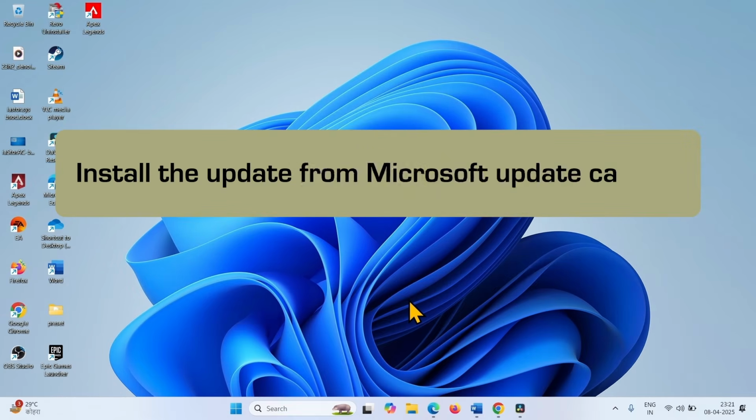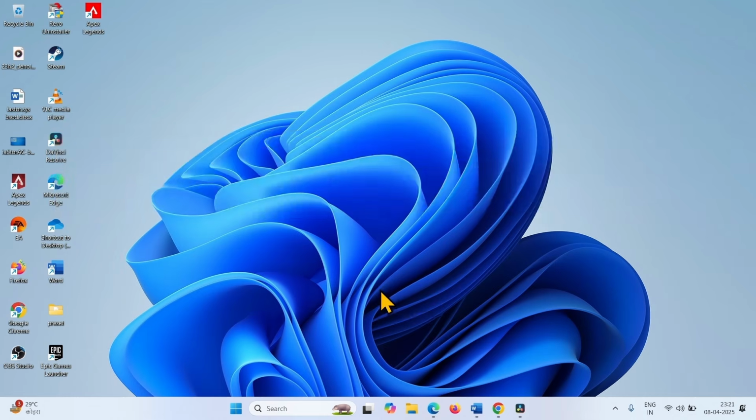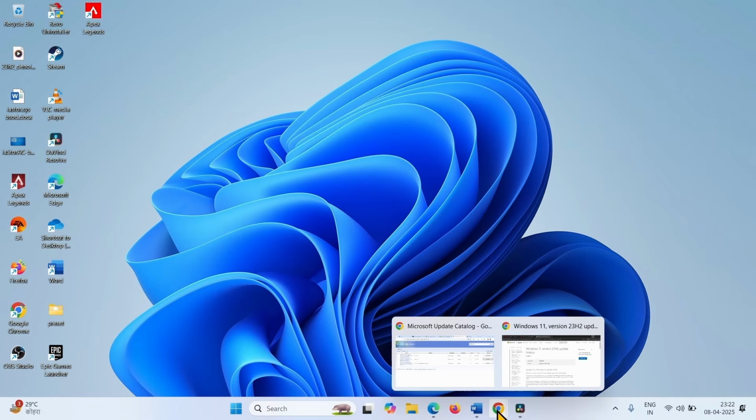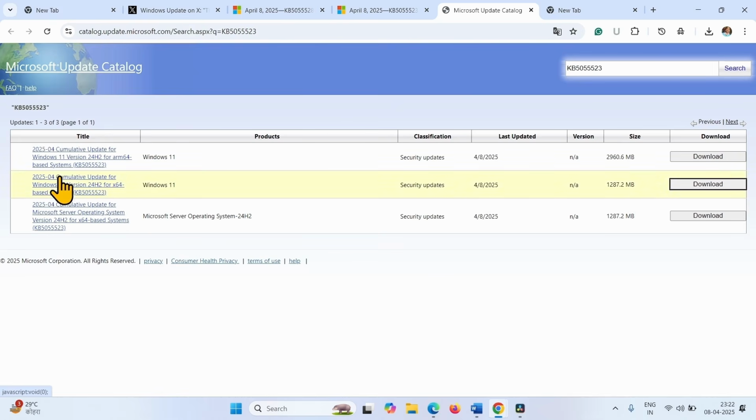First thing first, install the update from Microsoft Update Catalog. Go to the video description and click on the link to Microsoft Update Catalog. You will reach this page. Here you find 3 files, one for ARM64 based systems, one for x64 based systems, and this is for Microsoft